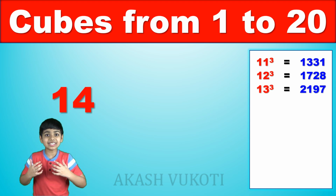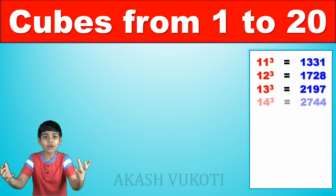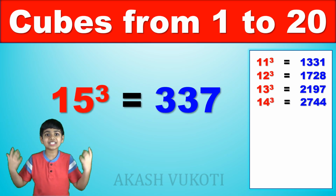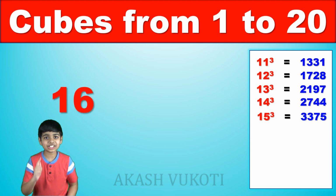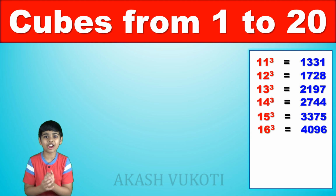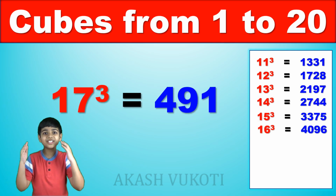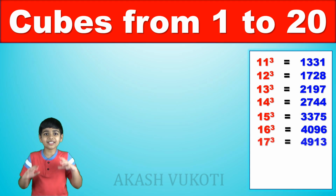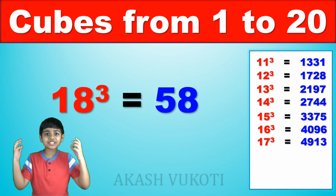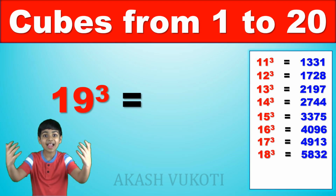2,197. 14 cubed is 2,744. 15 cubed is 3,375. 16 cubed is 4,096. Great job. 17 cubed is 4,913. Great, let's go. 18 cubed is 5,832. 19 cubed is